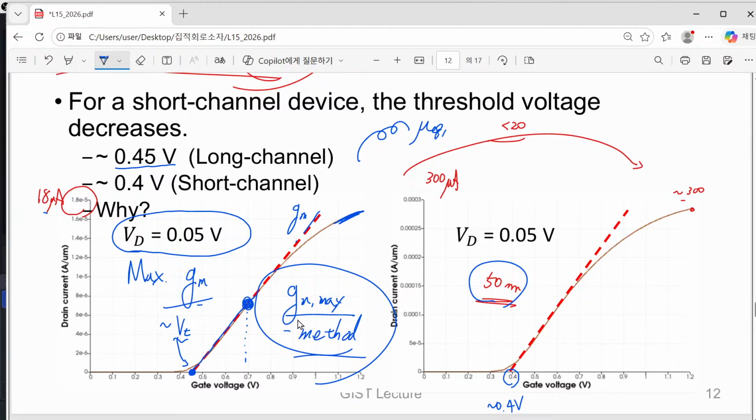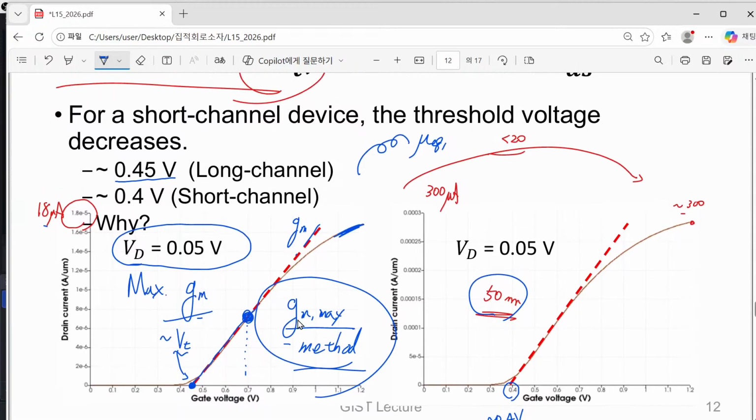0.45 and 0.4. This is just 0.05 volt. This is not that big deal. No, to us, threshold voltage is one of the most important quantity or parameter of a transistor. So 50 millivolt difference in this transistor threshold voltage, that is a disaster. So you cannot live with that kind of a change. Okay, so therefore,